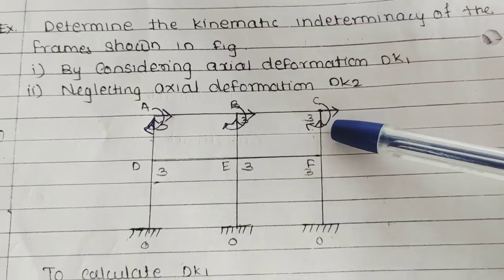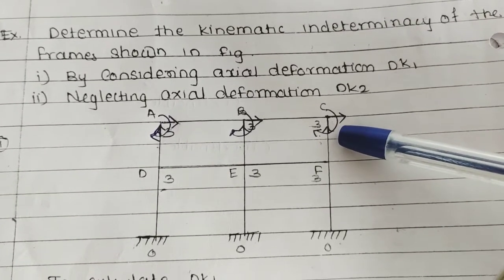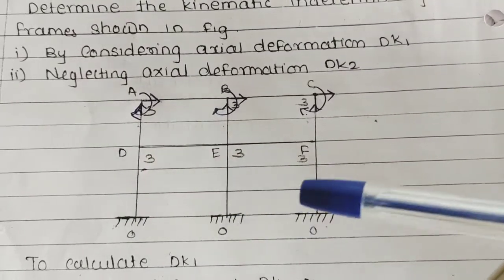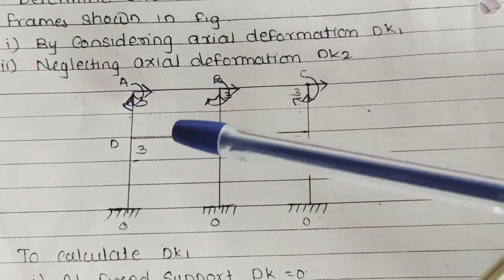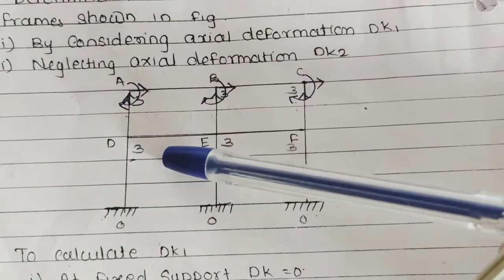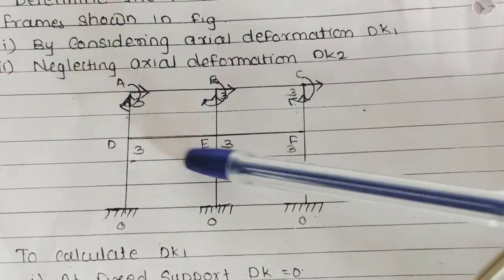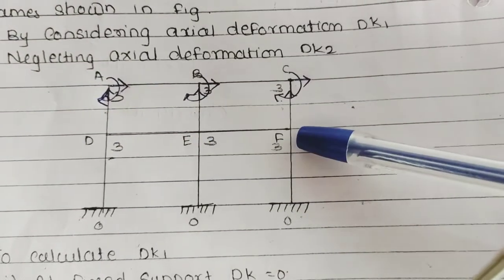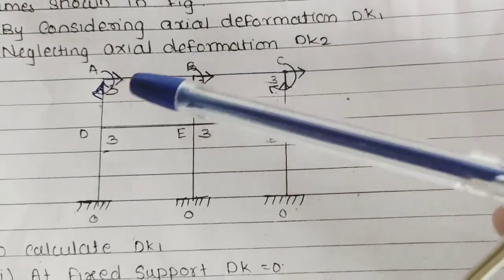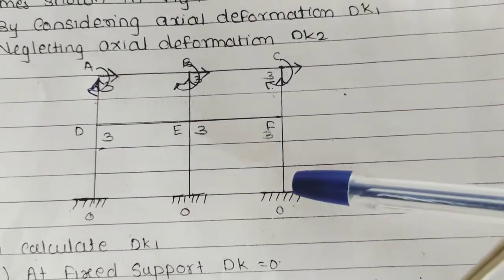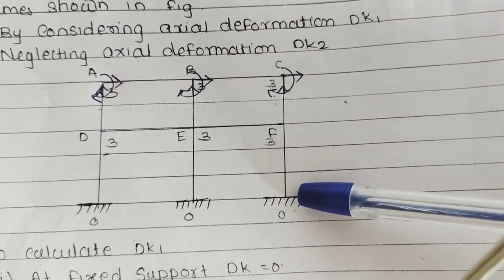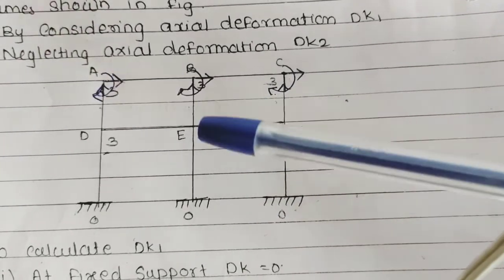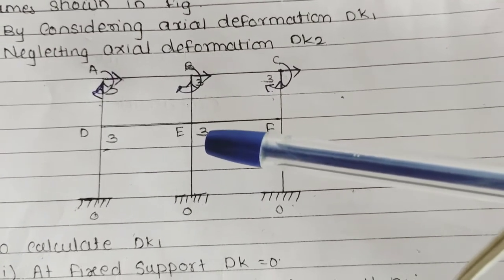Let us see here. First example. Here the supports are fixed supports and this frame has 2 stories and 2 bays. A, B, C, D, E and F are the rigid joints, and at the bottom there are 3 supports that are fixed supports. As discussed earlier, at the rigid joint of a particular frame you have to consider the 3 number